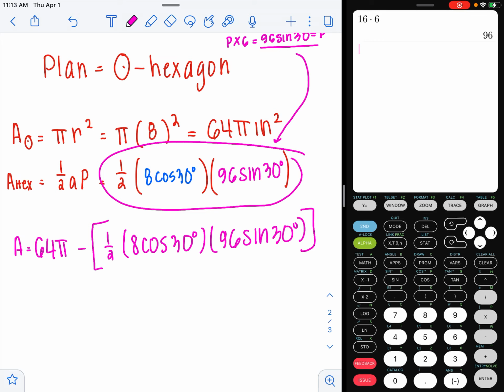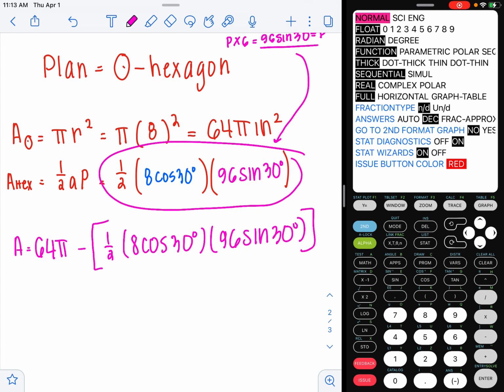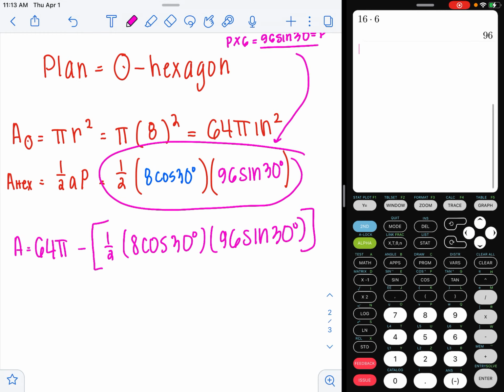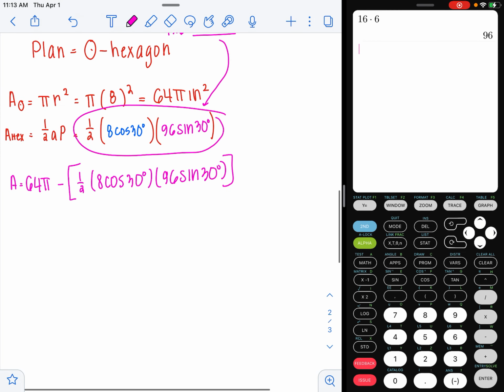All right, first off, I haven't had to do sine or cosine in my calculator yet, and I don't know if it's in degree or radian mode, so I'm going to click mode to see, and it's moved back to radian mode. So I'm going to choose degree. I didn't need it in degree mode for the other things that I was doing, but if I'm typing cosine and sine, I'm going to need it in degree mode. All right, so 64 pi